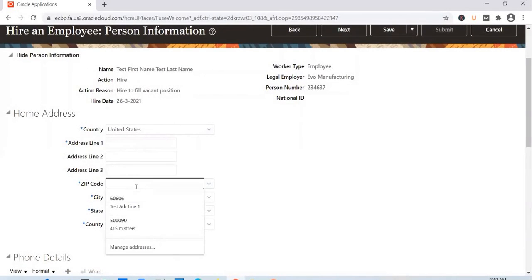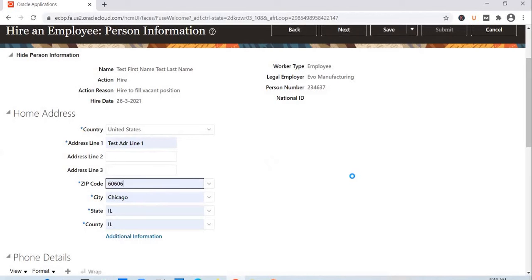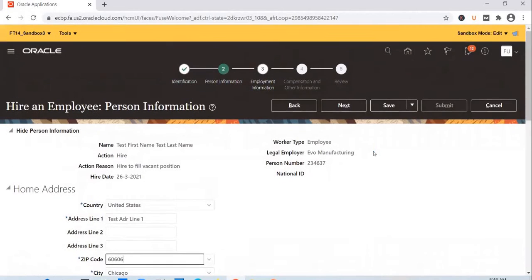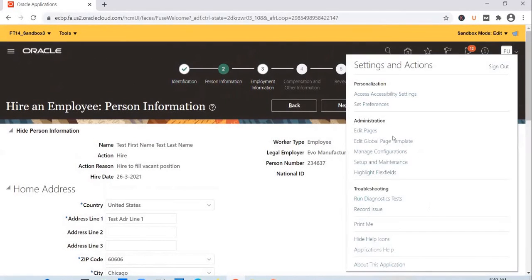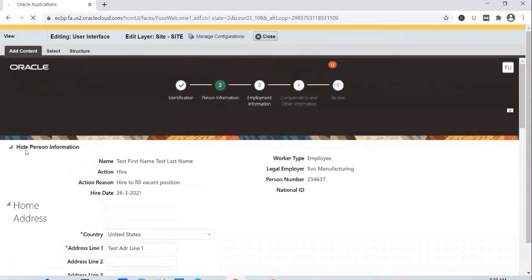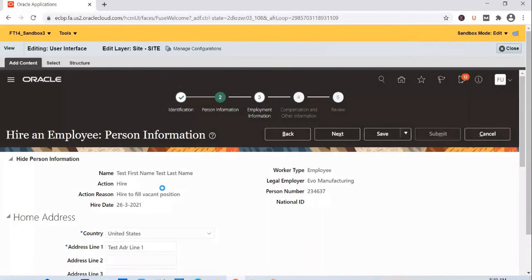Again, let's fill in the mandatory fields before we go ahead and make the change. Edit page again. Go to select tab.